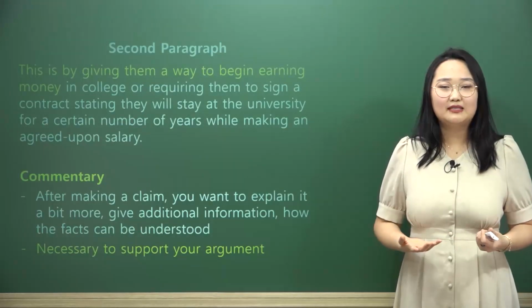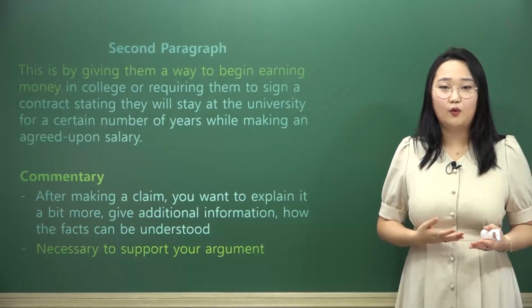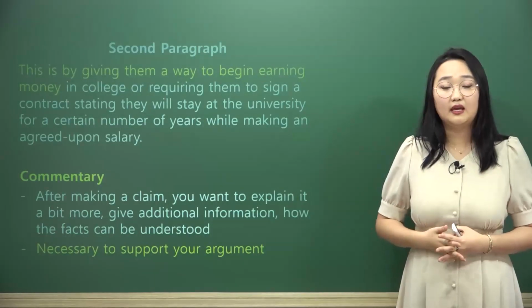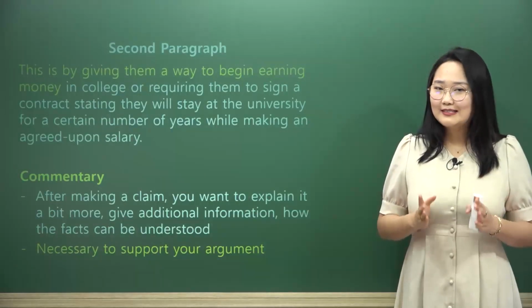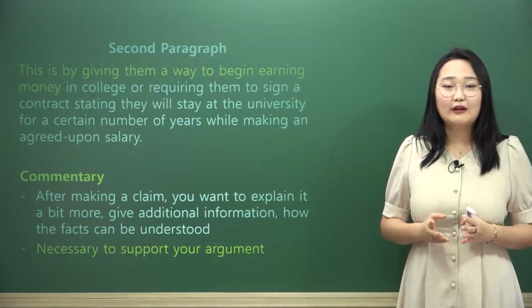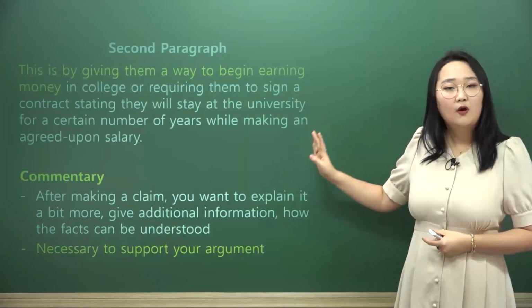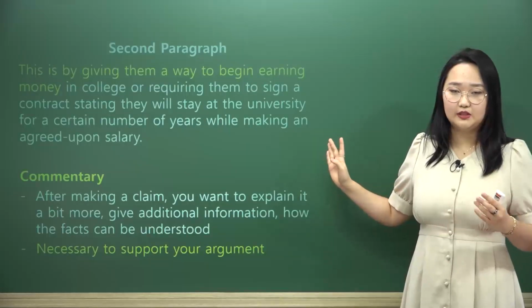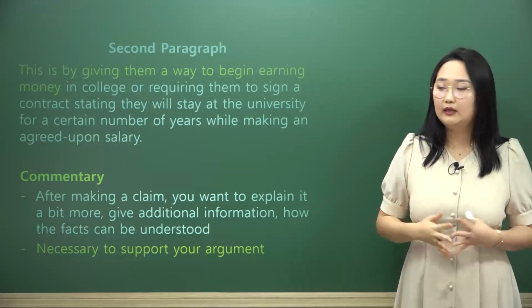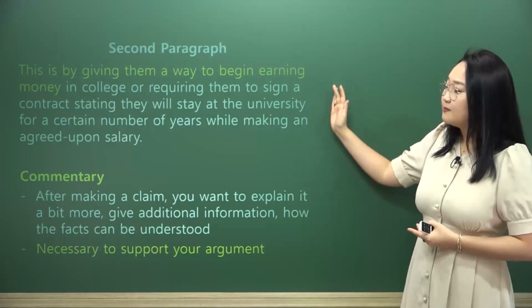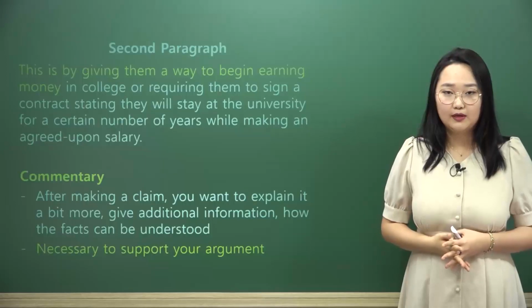If I just simply state that, oh, these students are not getting any money out of the $1 billion that the company is making, and leave it at that, while that's perfectly understandable, there's still not a lot of information there. In fact, that's really just one sentence. So we need to have a little bit more. We need another sentence or two, especially for argumentative essays. I would argue about two sentences, or one really long sentence, that explains in detail why this is so important, why we need to focus on this.